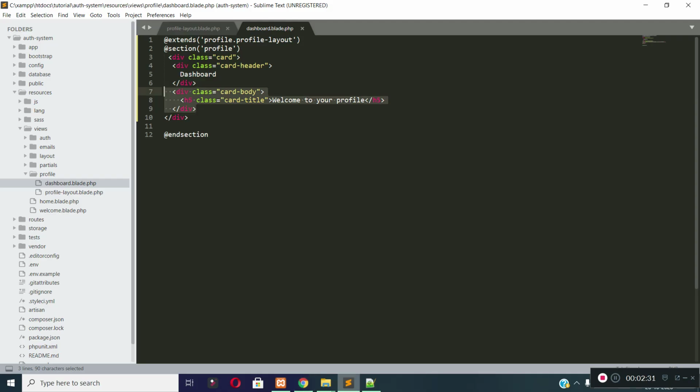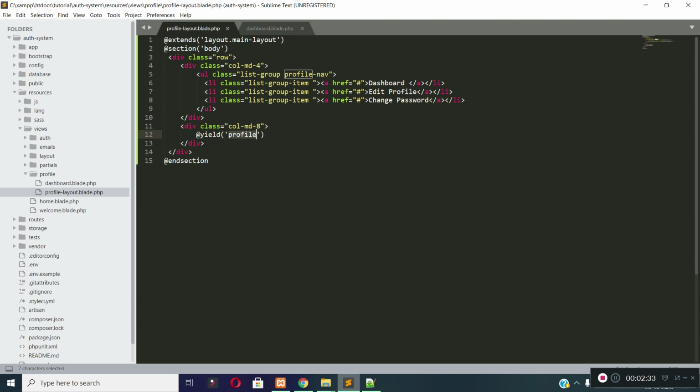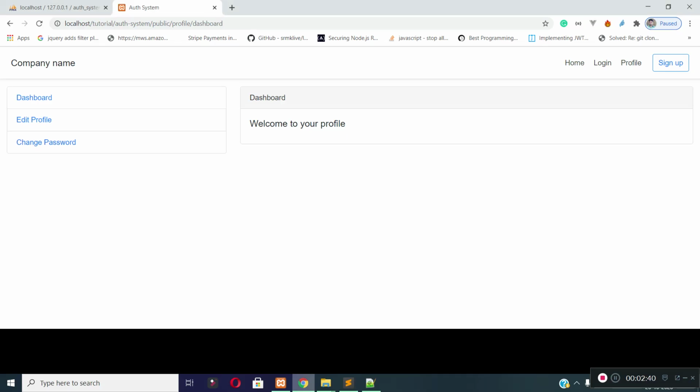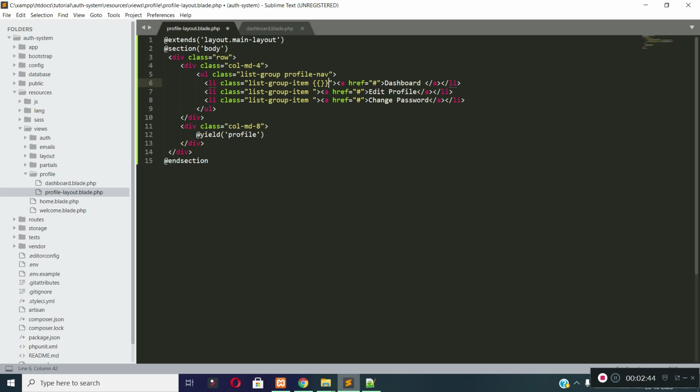And first of all, let's add an active class to this dashboard link because I am on the dashboard page. So this dashboard link should be active. We already added active class according to the current route name.